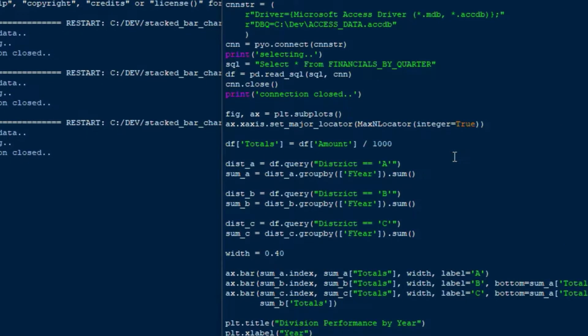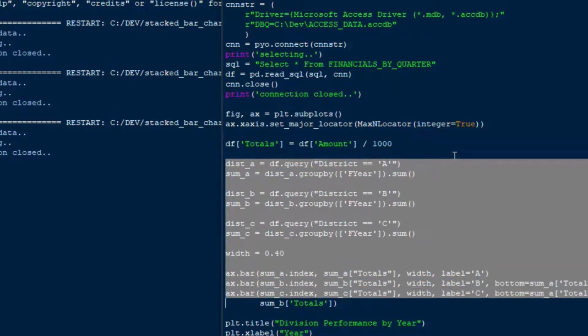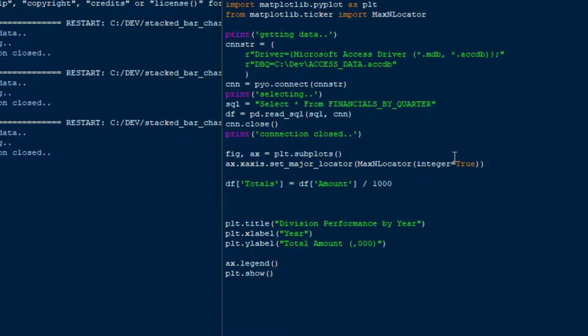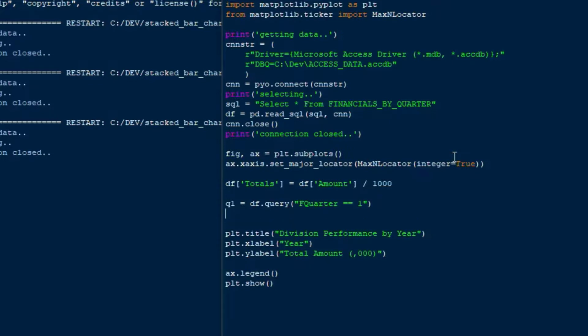We can also flip this around and change it to show a different kind of stacking, and we'll do that now. So what I'm going to do is delete all of that middle code in between our title and our amounts, and I'm going to create some different subqueries here or data frames, and instead of using the district, I'll do it by quarter, because maybe we want to see our numbers in each year, but divided into quarters to see how each quarter did in that year compared